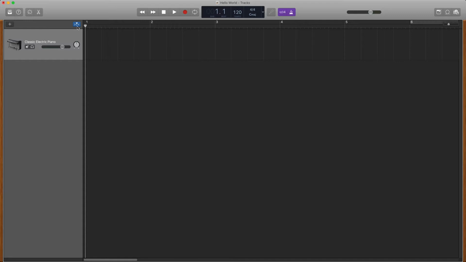So bar lines, and these are the bar lines, these vertical lines right here. Bar lines are used to see where you are visually in the song's time, and they're sort of like geographical landmarks. Like you can say oh, here at bar 4, we're going to start this awesome chorus or something like that. But not only do they act as these geographical landmarks, they also help determine how your song